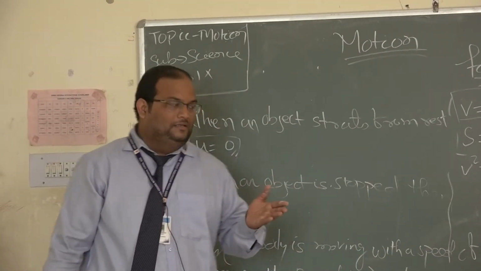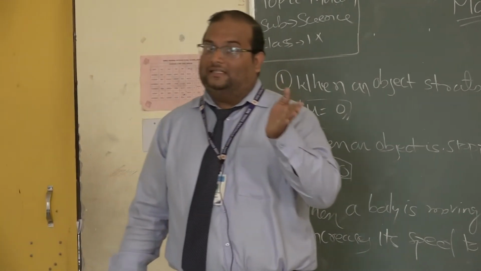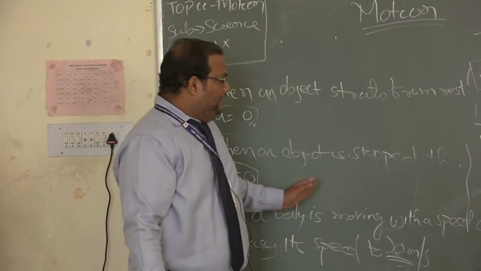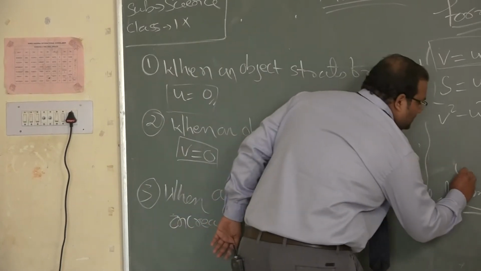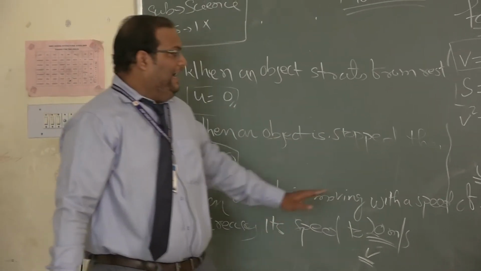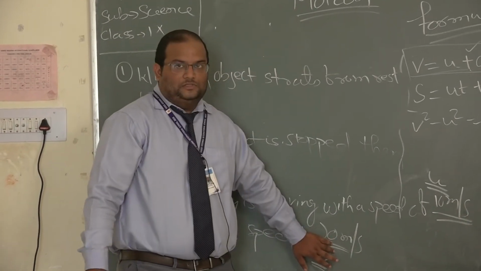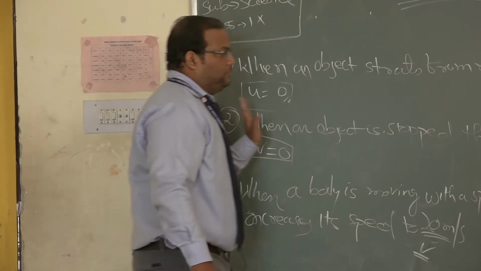Now in this case, when your vehicle is moving, it has already started from rest, which is not provided in the question. That means u will not be 0, because the question has not said that it is starting from rest. In the question it would be given that when a body moves from 10 meter per second to 20 meter per second, that means here u is 10 meter per second and v is 20 meter per second, as it is the first speed or initial velocity and it is the final velocity.